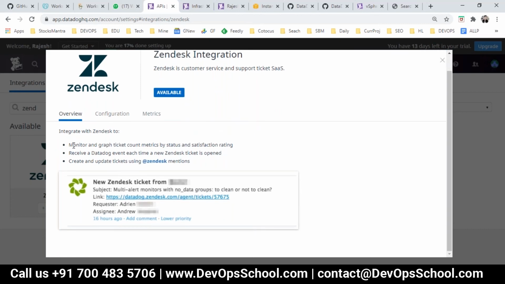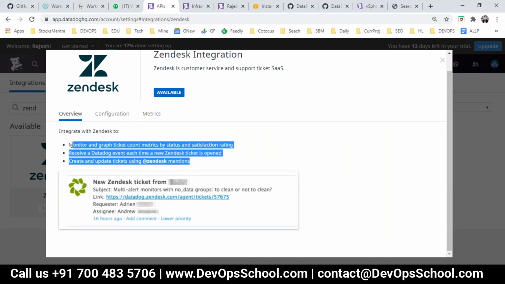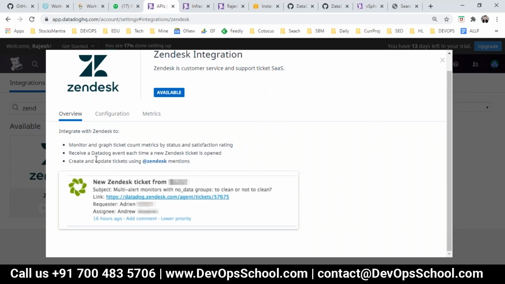If you see here, integrate with Zendesk to monitor and graph ticket count metrics by status and satisfaction rating, receive a Datadog event each time a new Zendesk ticket is opened, and create or update tickets using Zendesk mention. So in this integration, you will get only these three functionalities.